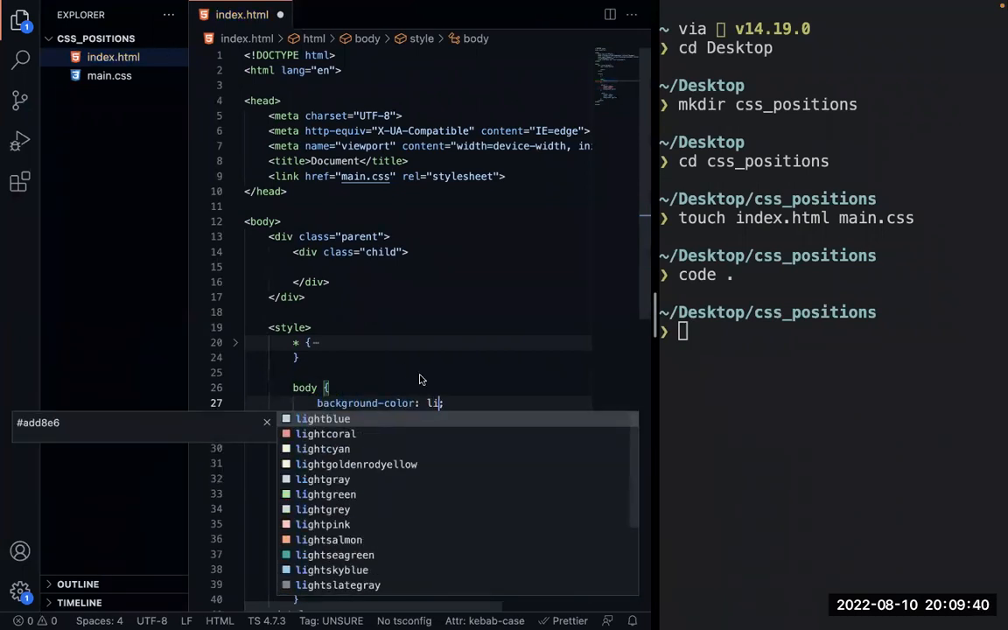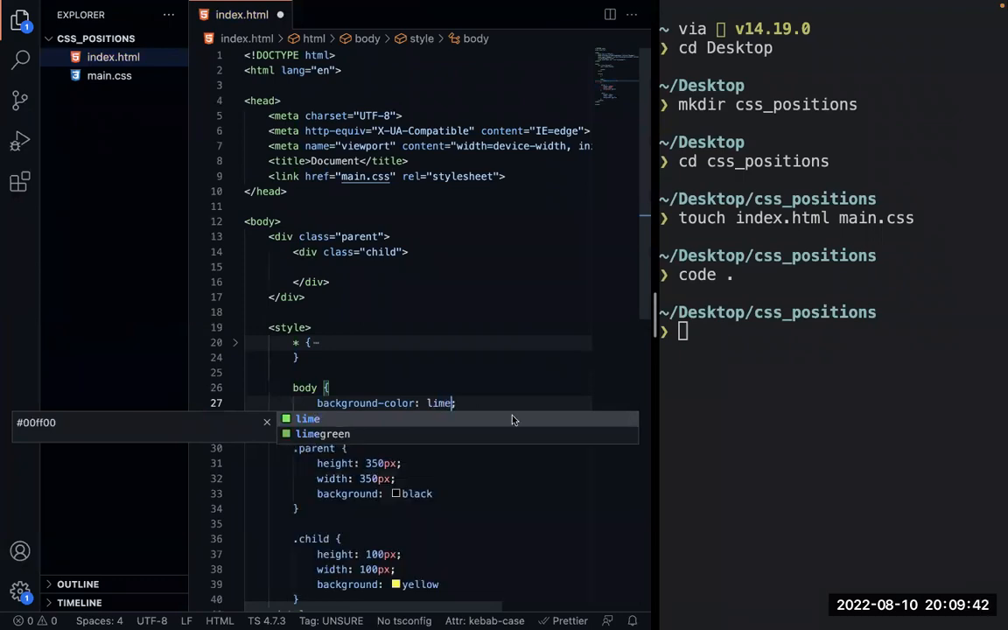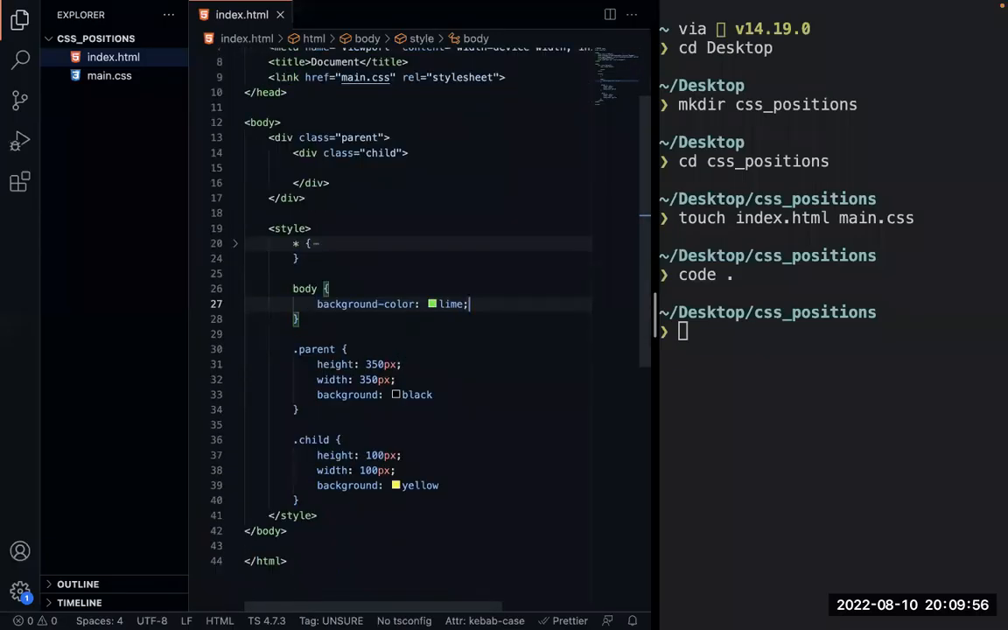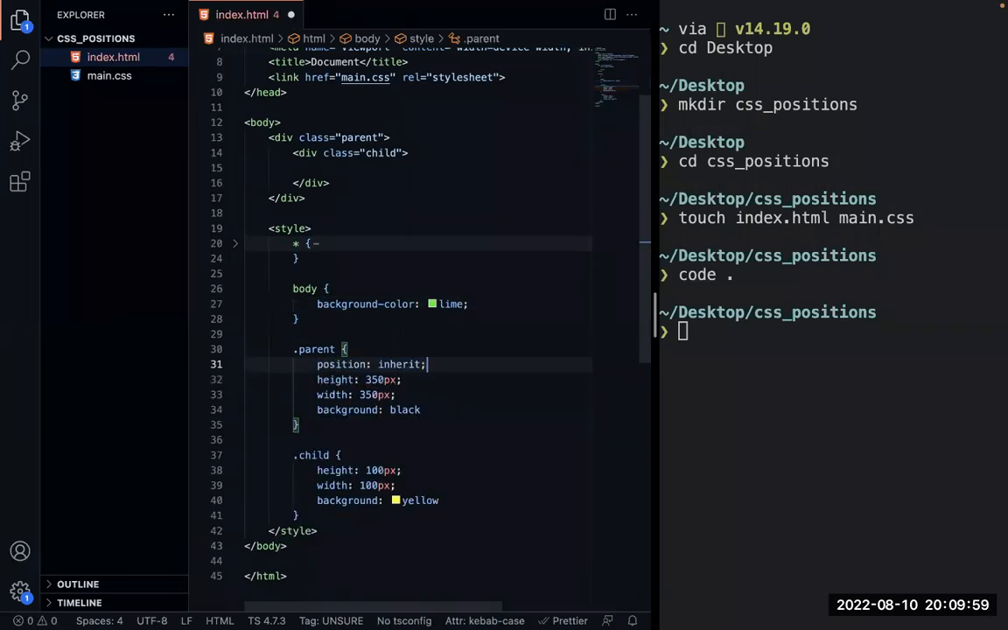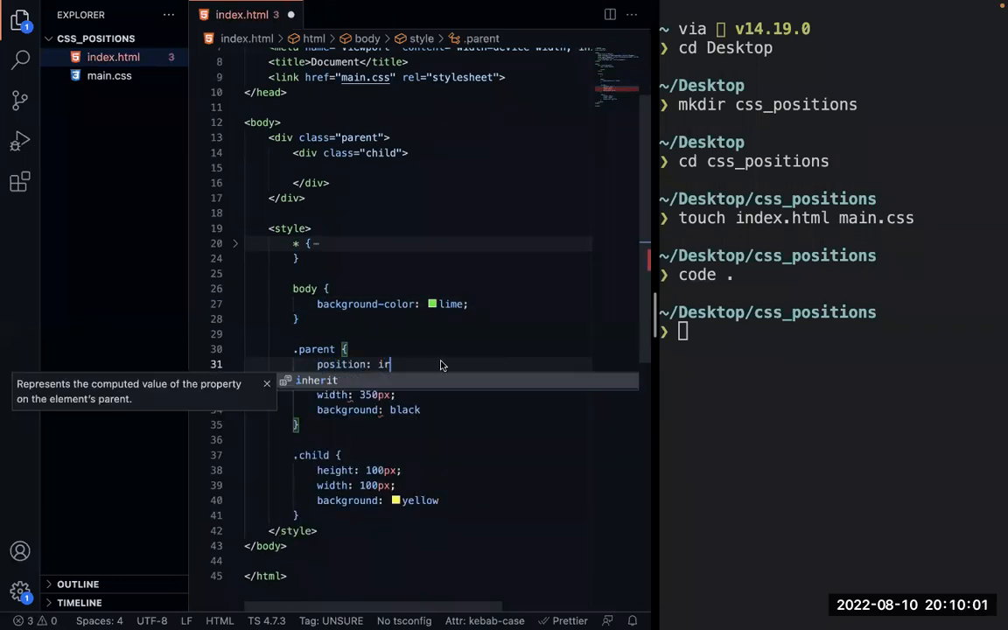So what I'm going to do is to simply say we have the body, and the body has a background of, let's say, lime. Okay, so this is the body. This is what we call the parent in our own implementation, and this is the child, right? Okay, so one thing you're going to notice here, let me show you. If we say position relative,